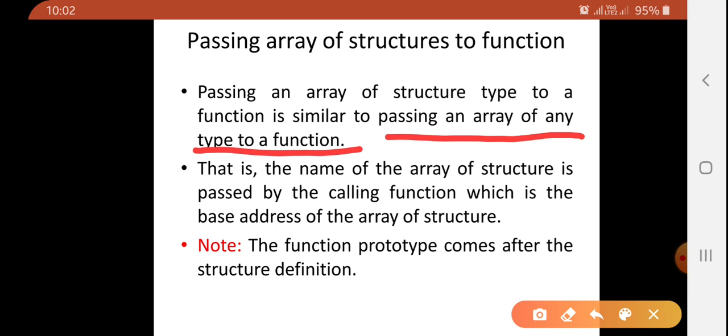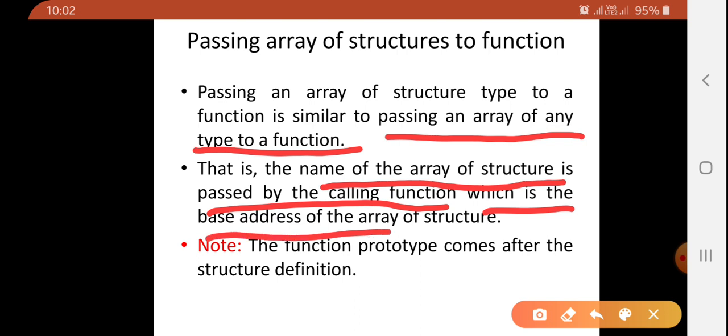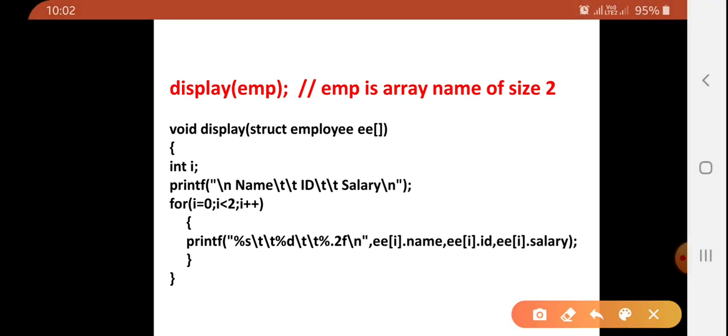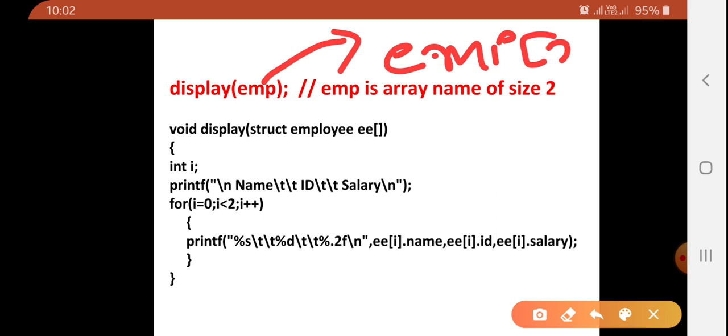You just have to pass the name of the array of the structure to the calling function, which is the base address of the array of the structure. For example, here assume emp is an array name of size 2, which means we have declared emp[2]. This is a variable of structure employee.